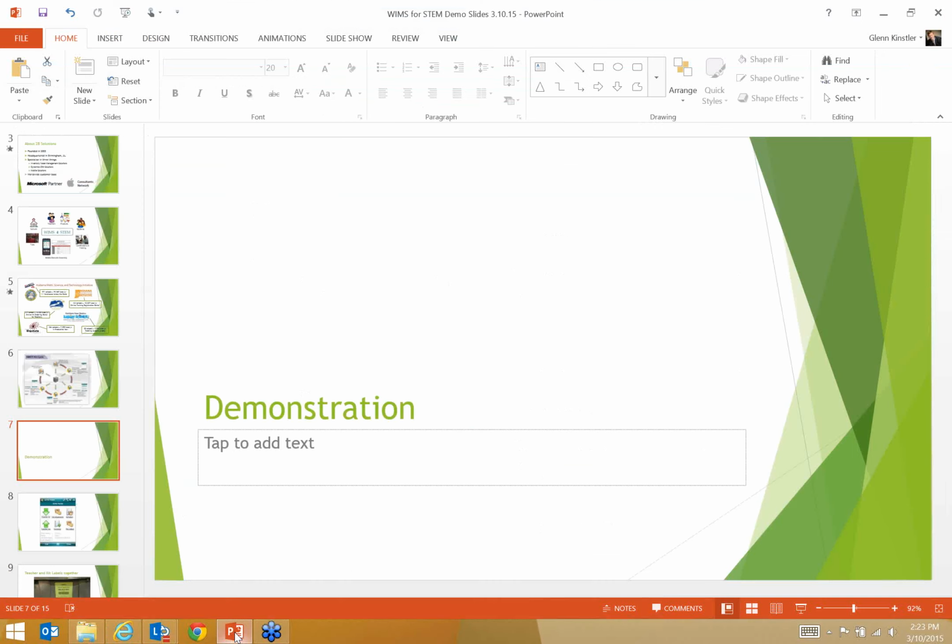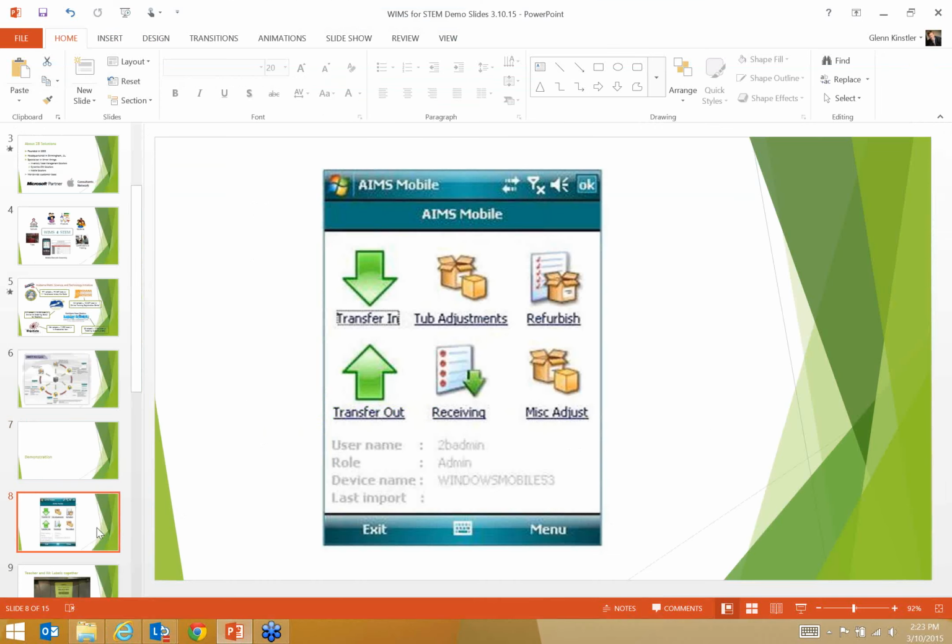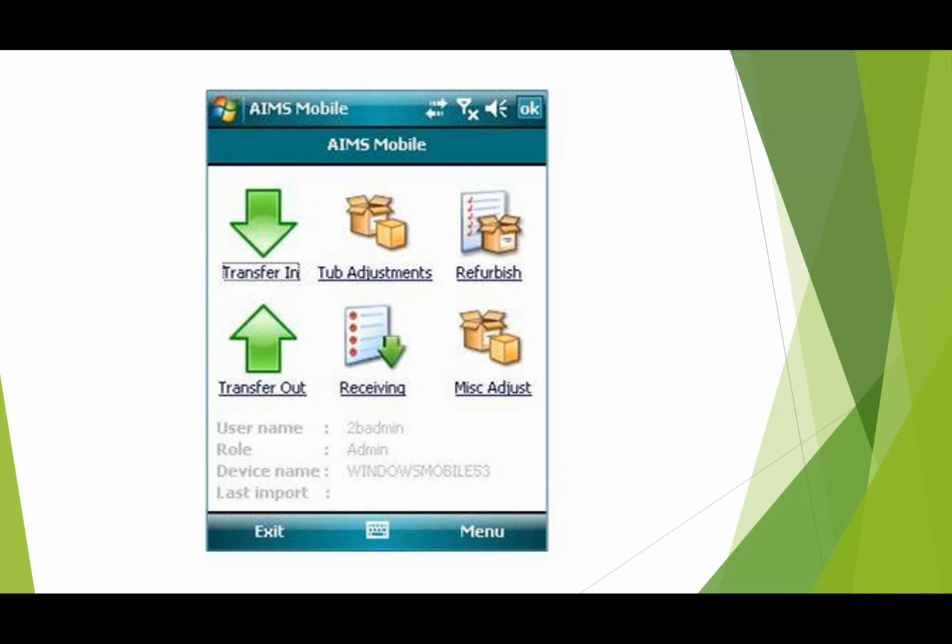So now I'm going to go back to the slides, and I wanted to go through a kind of a refurb step. Unfortunately, it's very hard to demonstrate here on a GoToMeeting like this. I wish we could do it sort of live and in person. But let's pretend I'm in the warehouse, and a tub has come back into the warehouse, and I'm going